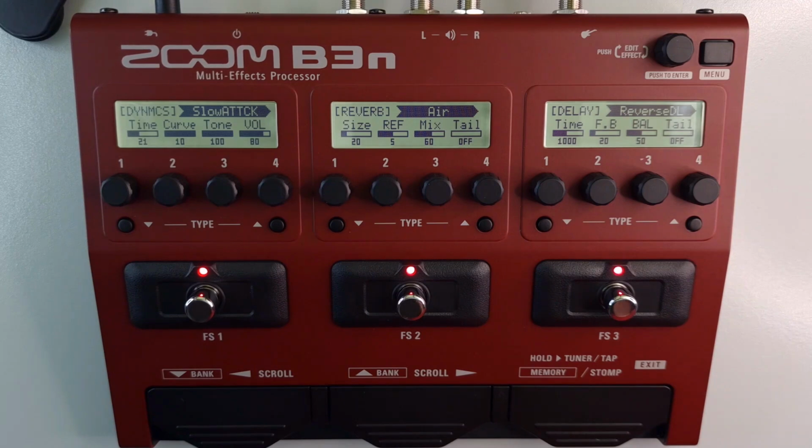This is part 14 in this series. How to scroll through the effects on display. In stomp mode, you can only see 3 effects on display at a time. You can have up to 7 effects in a chain. To see the other effects, you use the scroll left and right foot switches to change which effects are on display. So if you press the left foot switch here,